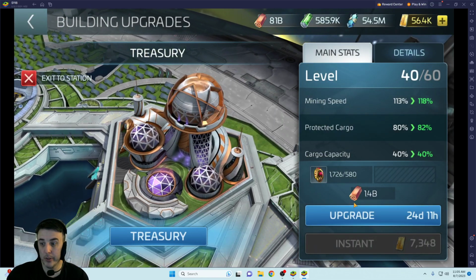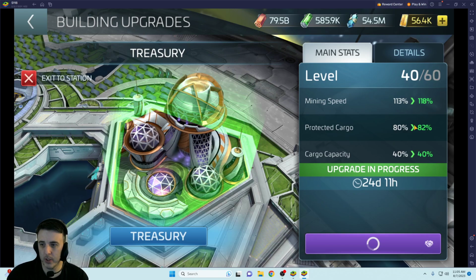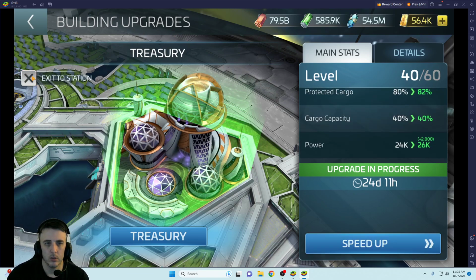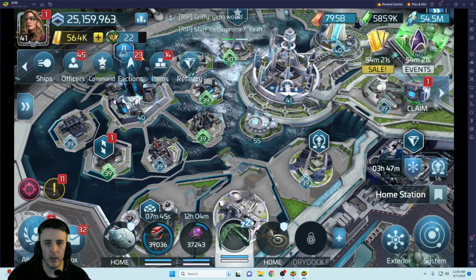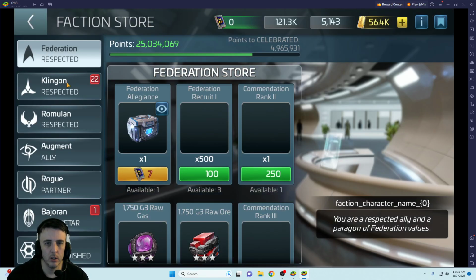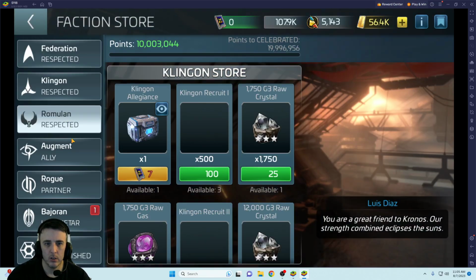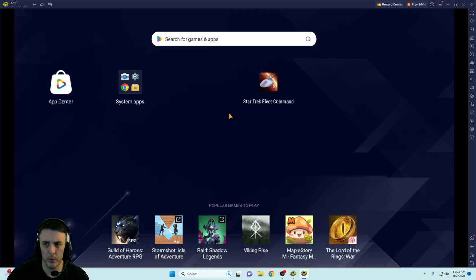Guess I could do my treasury again. Why not? Get a little more mining speed, a little more protected cargo. Gotta upgrade something. All right, so what else changed here now? Let's go through our factions real quick. None of this stuff would have changed. The Bajoran store, I don't believe...